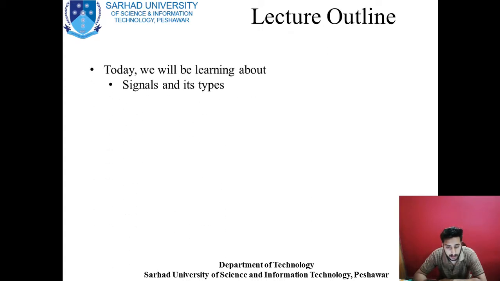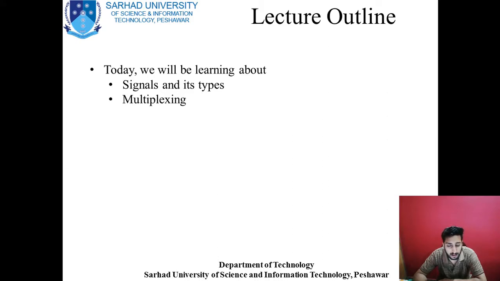In today's class, we will be learning about signals along with their different types. We will be looking at two types of signals. In your coming semester, the fourth one, you will take a course on signals and systems, where you will learn about 10 to 12 more types of signals, but there are two basic types, analog and digital, and that will be enough for this course. So I will be teaching you these two signals.